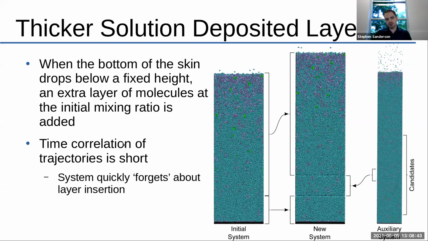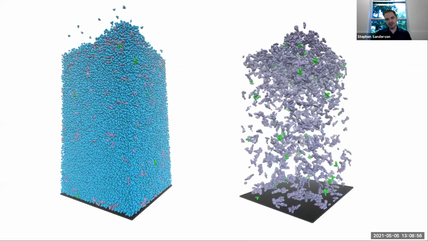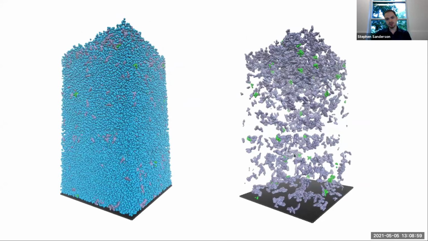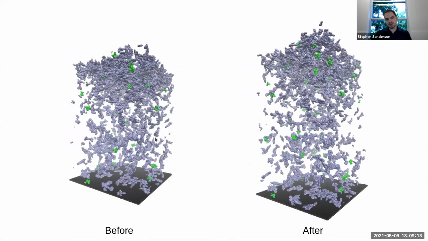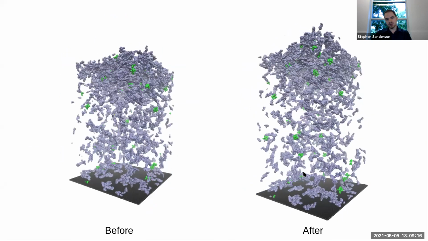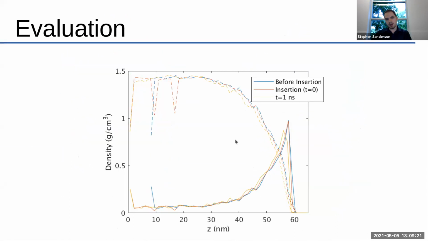And now the time correlation of the trajectories of these molecules is quite short. So the system forgets very quickly about what happened in the past. And it turns out that if you do this, it tends to very quickly forget that these molecules have been inserted and go back to the same sort of density profile. So this was an insertion event, just showing the 40 picoseconds after an insertion, with and without the solvent shown. And here we can see the 40 picoseconds before insertion and 40 picoseconds after. So we can see it's getting pretty close to looking the same. We can do it a bit more